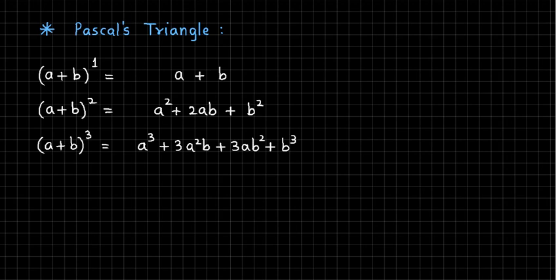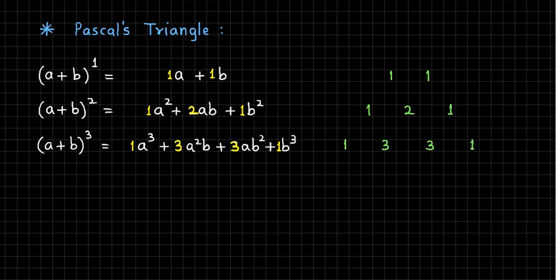and so on. Now if you see the coefficients of the individual terms, once again they are 1 and 1, then 1, 2 and 1, then 1, 3, 3 and 1, and so on. So let me write only the coefficients once again on the right side. In the first row, when n was 1, we started off with 1 and 1. Then in the next row the coefficients were 1, 2 and 1, and next we had 1, 3, 3, 1,